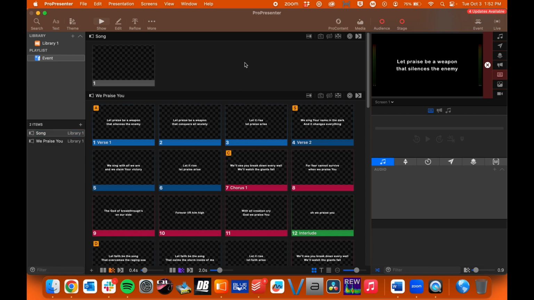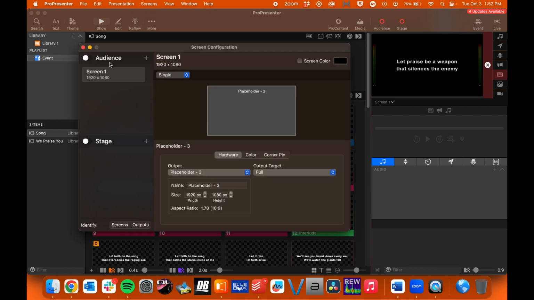All right, so now that we have our show built, we actually need to make sure that it is outputting correctly to the TV or the projector or whatever the heck we are displaying on. So I'm going to go up to Screens, and I'm going to show you how to configure your screens. So when I go to Configure Screens, you can see that there's Audience and Stage. You don't have to worry about Stage unless you're doing a confidence monitor, but Audience is the main one that